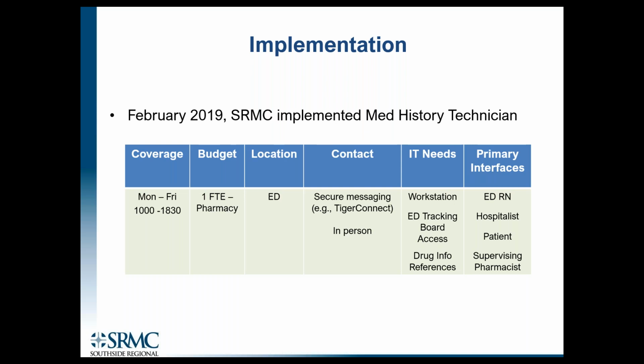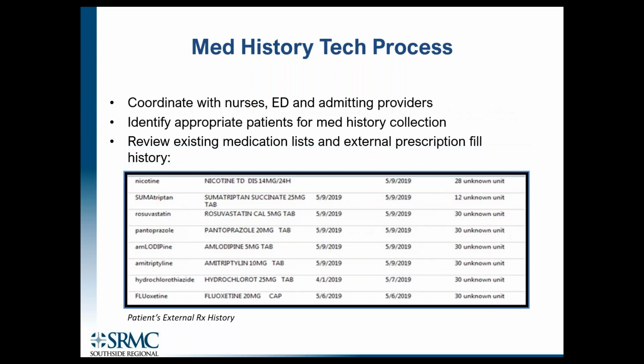The primary interfaces for Katie would be the ED nurses. Hospitalists always utilize her skill set, as well as the patient, of course, and then at the end of all of her patient lists, she turns those into our lead pharmacist who helps provide oversight into the accuracy of her data collection. And now I'm going to turn it over to Katie, and she's going to tell you more about